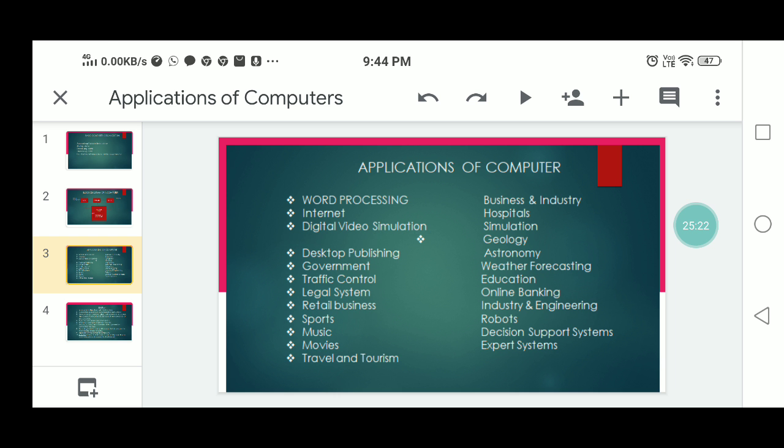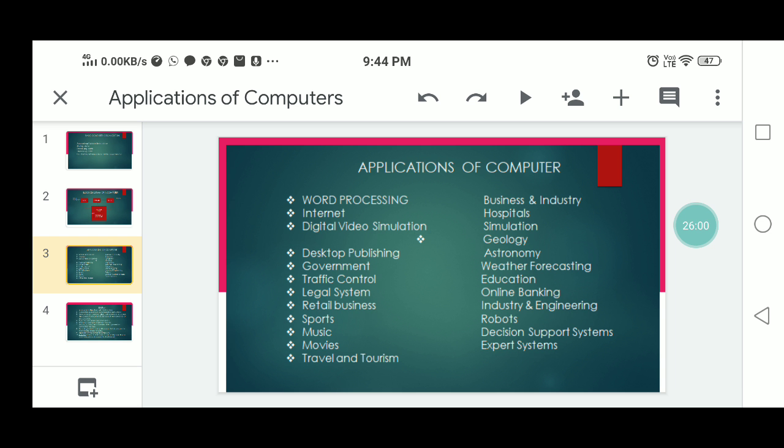Especially these are used by sales managers, etc. Expert systems are used to automate the decision making process in a specific area, such as analyzing credit histories for loan approval and diagnosing the patient's condition for prescribing the appropriate treatment. So these are the applications of the computer in these different places.